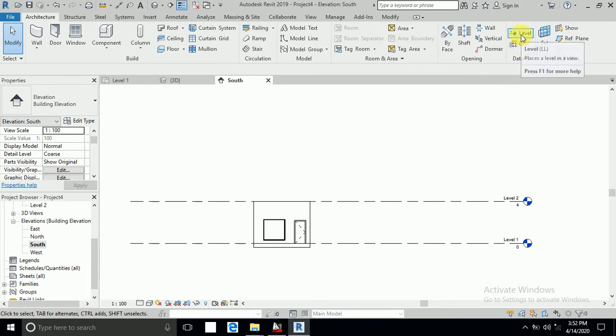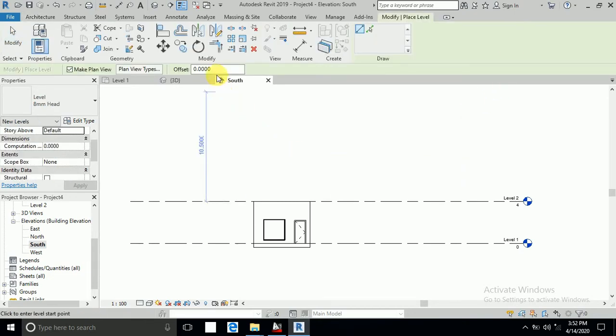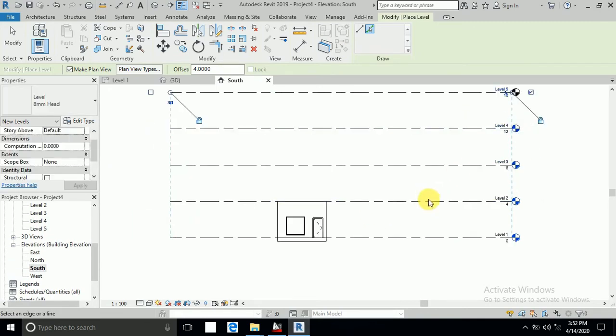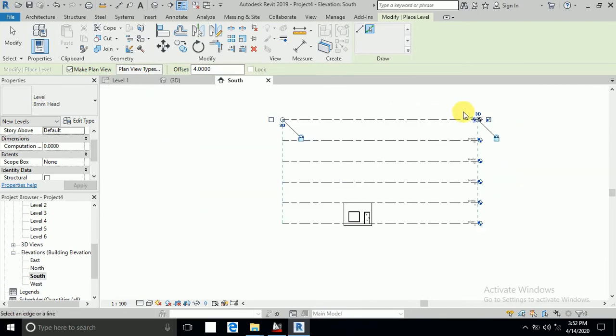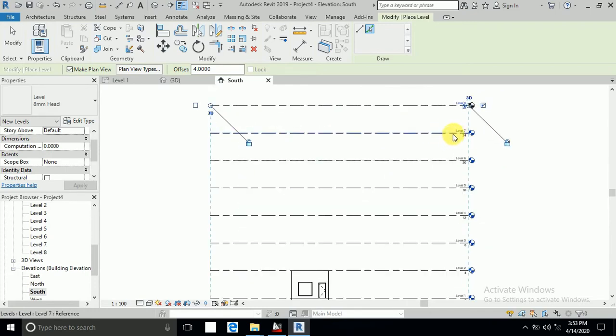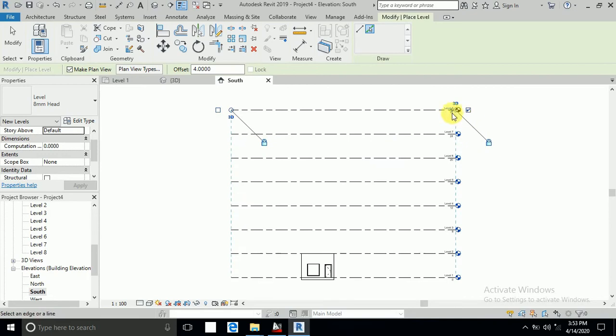first of all I create levels. Okay, I click here levels, and here make opposite my level height. Okay, I keep all 4 meters and click the pick line, and this is 3, 4, 5, 6, 7 and 8. Okay, I have already 7 levels, but I create 8 levels. I will tell you later why I create this 8. Okay, so